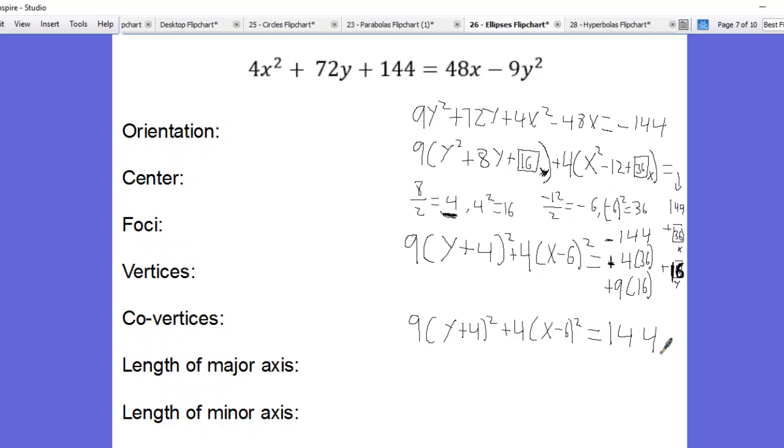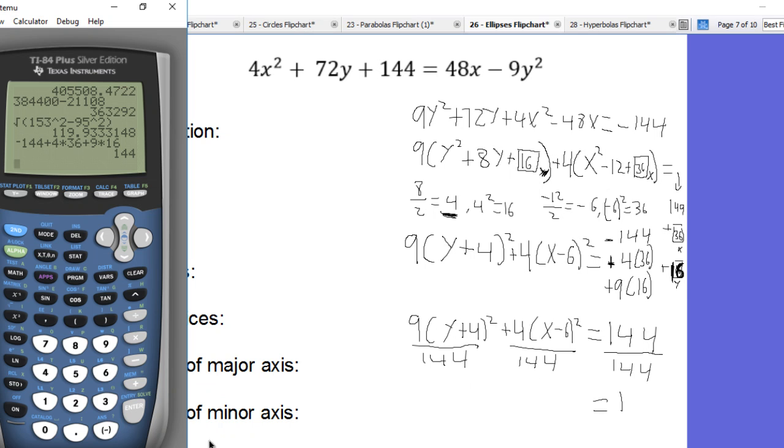Now we have to divide each side by 144 so that we have a 1 at the end. So we divide each side by 144. We have a 1 left over on the right-hand side. We can use a calculator to find out what 4 over 144 simplifies to. So 4 divided by 144